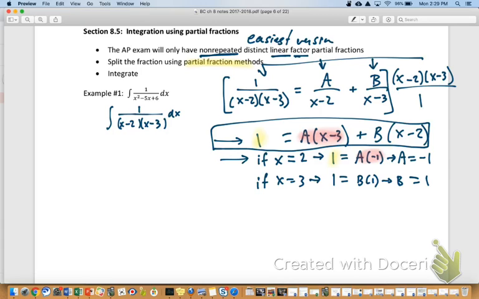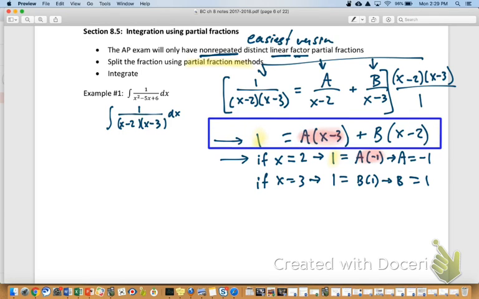I want to plug in a 2 for both x's. I want to plug in a 3, a 7, a 9, a 10. As long as you plug the same thing in for both x's, you have not violated any rules at all, right? So what we are doing here is we are trying to figure out what would these fractions have been to get to that integrand, right? And so when I look at this equation, here's my fancy rectangle. When I look at this equation here, I think to myself,